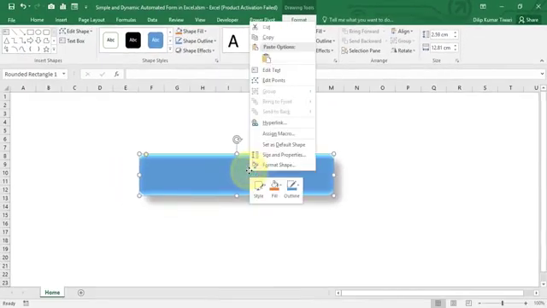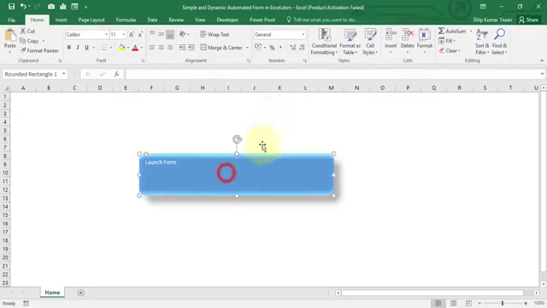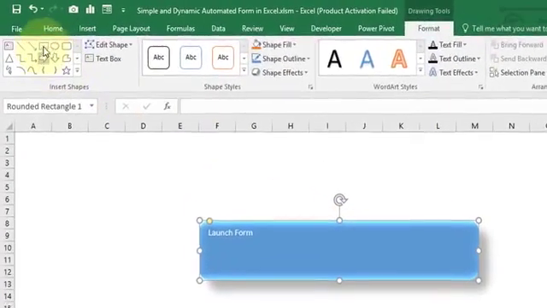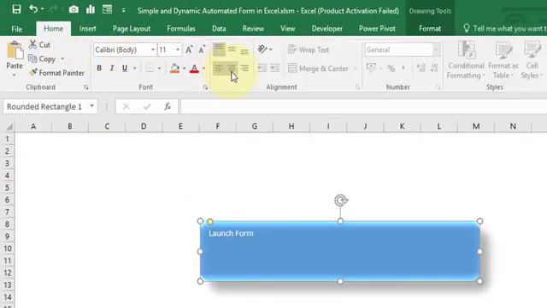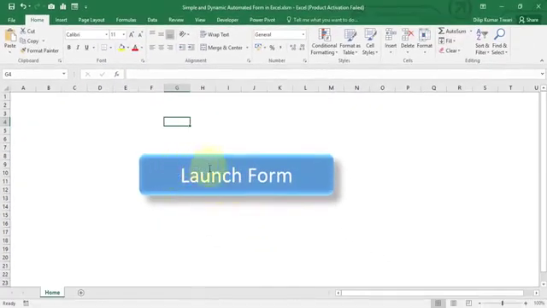Right click on the shape and edit text, enter launch form. Okay, just select this shape, go to home tab and click on center and then middle, and size should be 40. So now you can see that this button is ready, and we will utilize this button to launch the form.